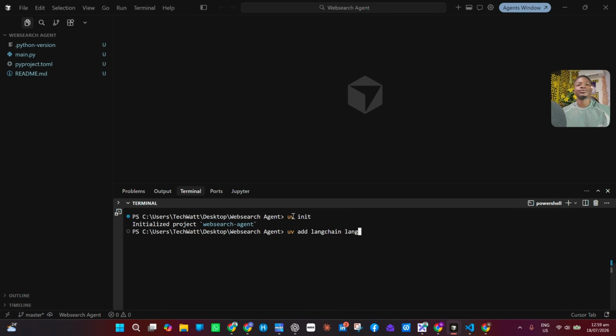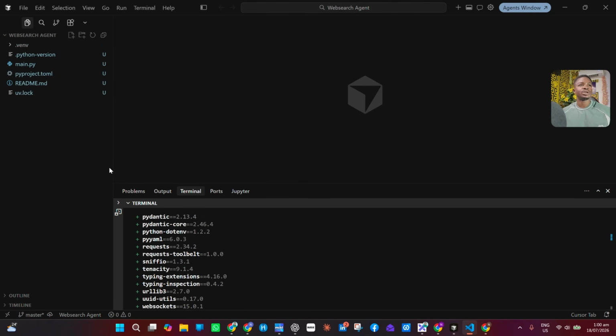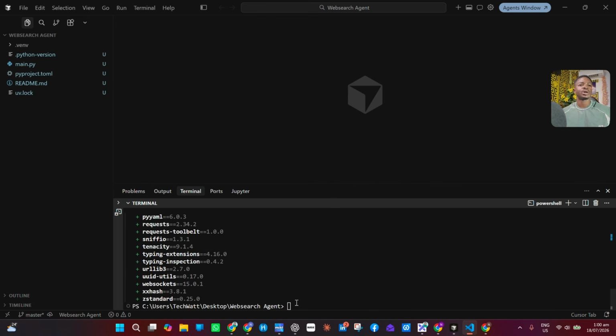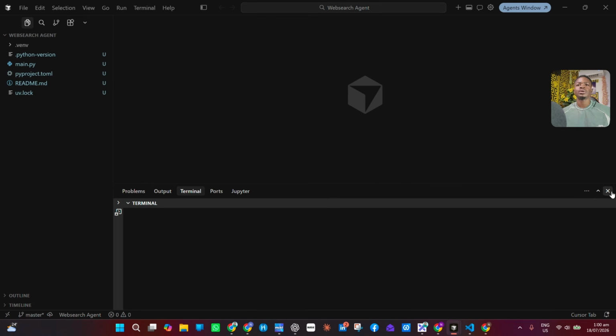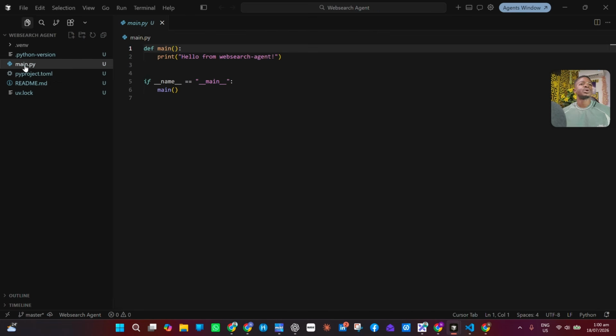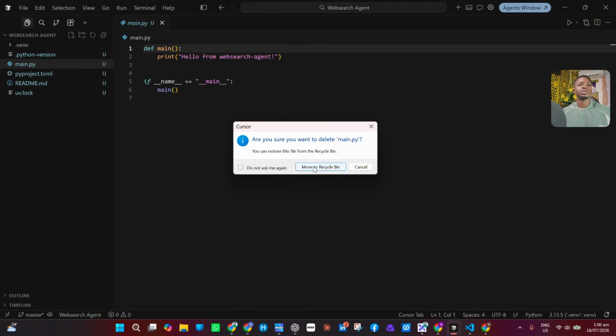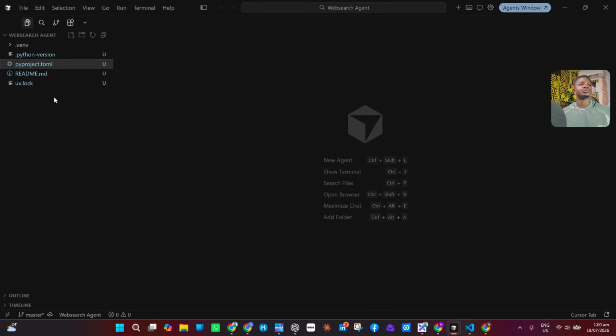I'll also add LangGraph for memory management, and I'll add python-dotenv for managing our API keys, and I think that should be it. So let me hit enter on this. If we need any extra installation, we'll come back and do it. I'll close the terminal and hide it for now. We have a main.py file already created for us, but I will close or delete this because I prefer to use a notebook. To create one, click on create new file, and I'll call this main.ipynb